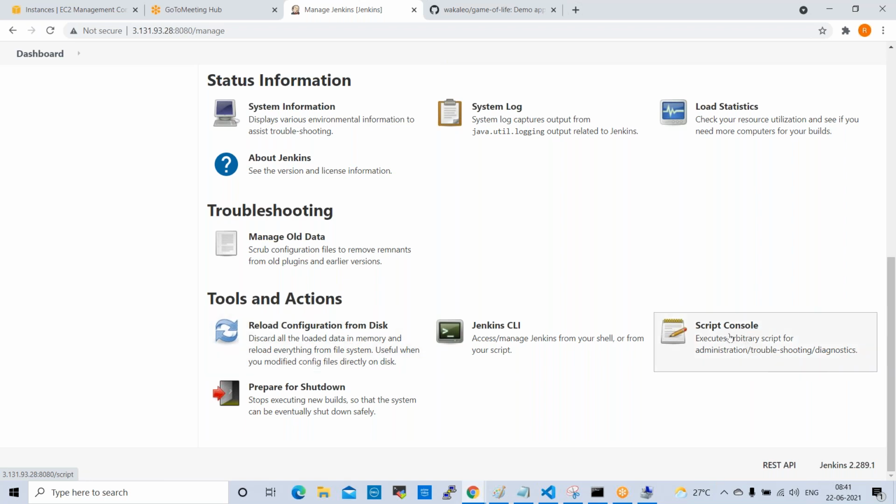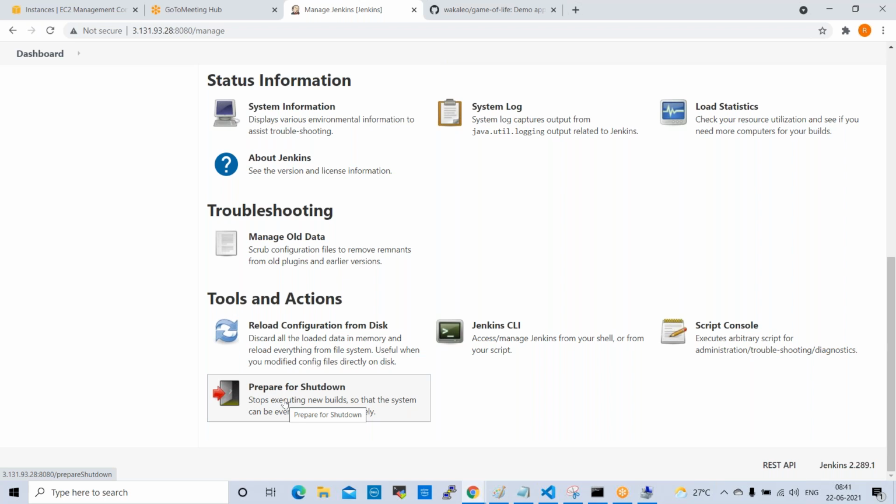Script console is also not required. Next one is Prepare for Shutdown. Normally in real projects, we don't reboot the Jenkins server frequently. Moreover, in business hours, from 9 a.m. to 6 p.m., we should not reboot Jenkins production servers.